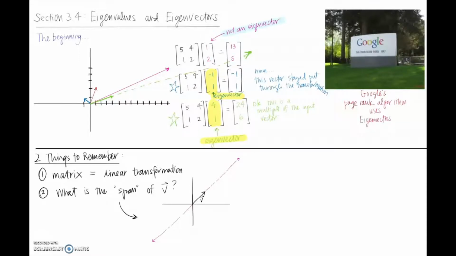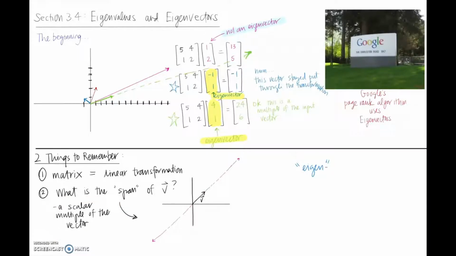So what is the span of a vector? It's all scalar multiples of that vector. And we could be in 2 dimensions, 3 dimensions, however many you want, but it's just a scalar multiple of the vector. These two ideas we want to keep in the front of our brains as we keep talking about eigenvectors. Now that we sort of know what they are, we want to know how to find them. And actually, before we even talk about how to find them,